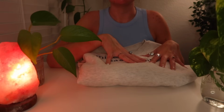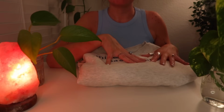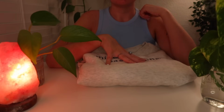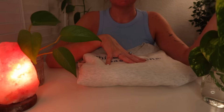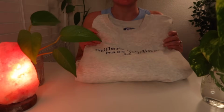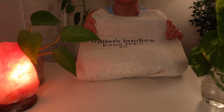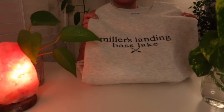I actually don't have a ton of Bass Lake sweaters. I have a few long sleeves from years ago, but their sweaters never really were attractive to me because it was always prints or designs that I never really loved, so I always opted for something else. But this was the first year I felt like I found a sweatshirt that really spoke to me and felt like it would last forever. So